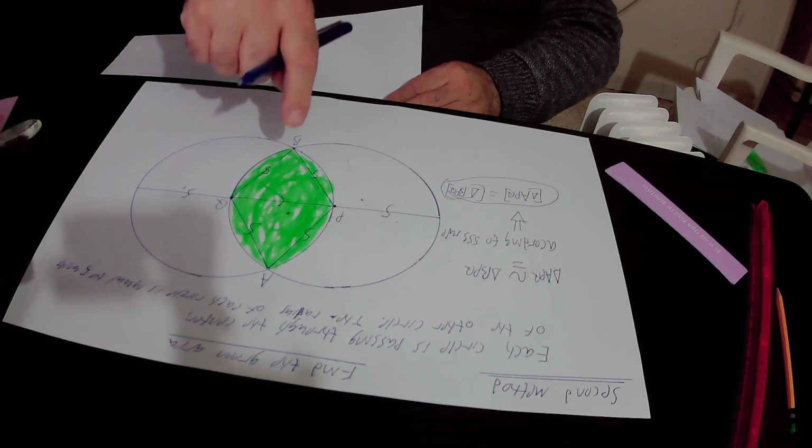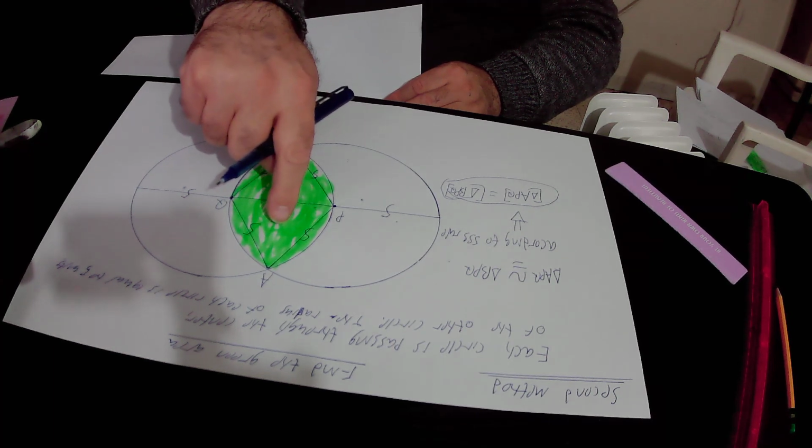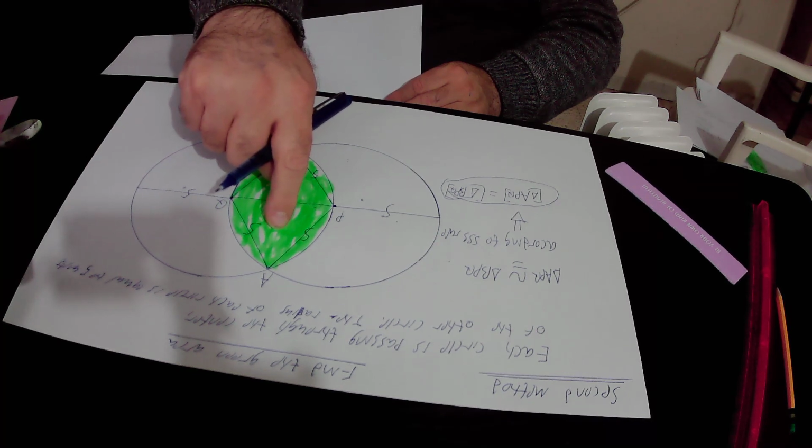So the area of the green shape equals the area of this equilateral triangle times 2 plus